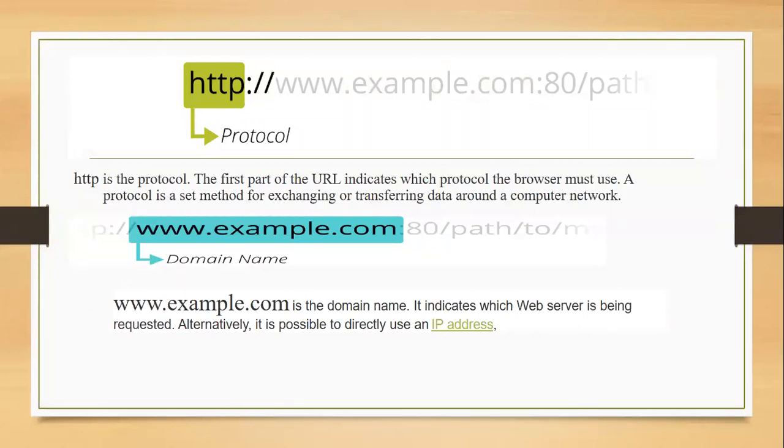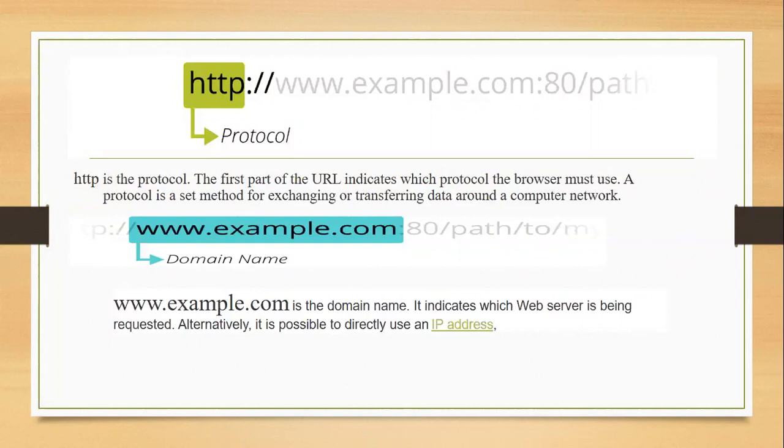The first part of a URL indicates which protocol the browser must use. A protocol is a set of methods for exchanging or transferring data around a computer network. The colon and two slashes separate the protocol from the rest of the URL.